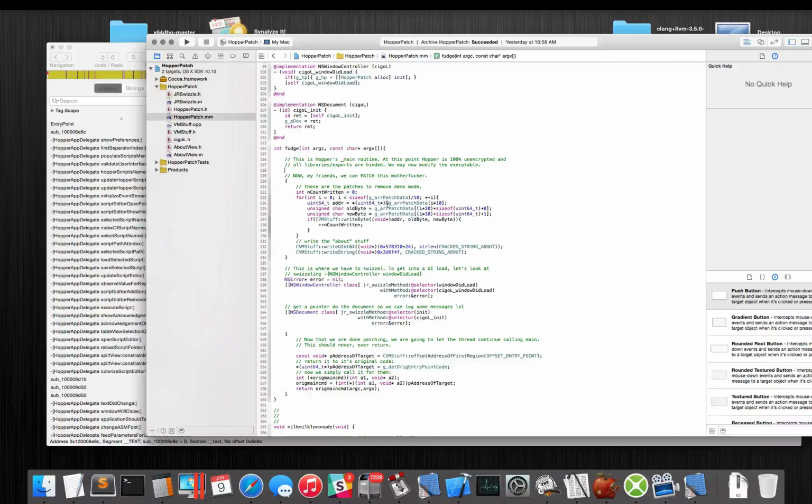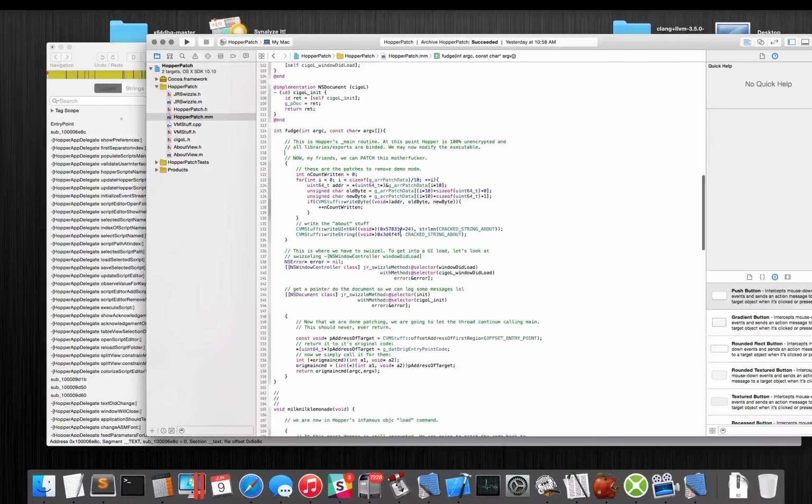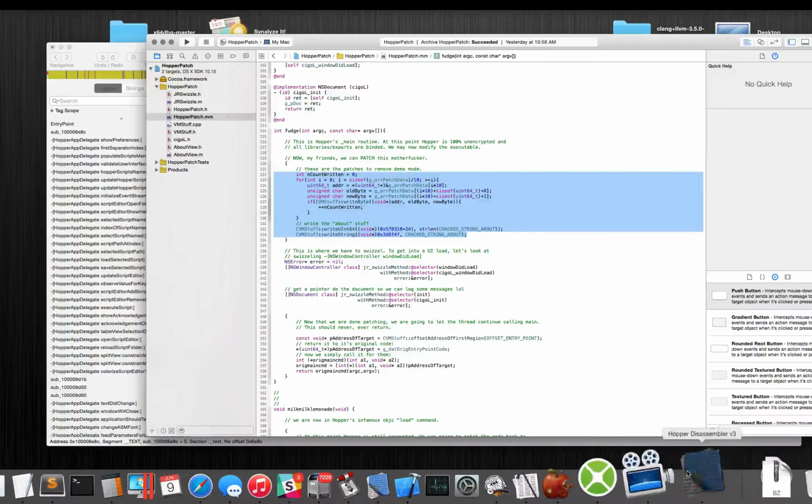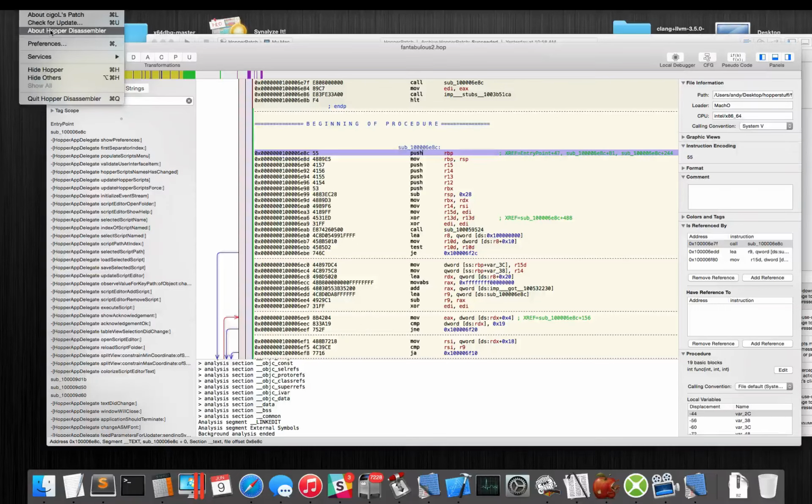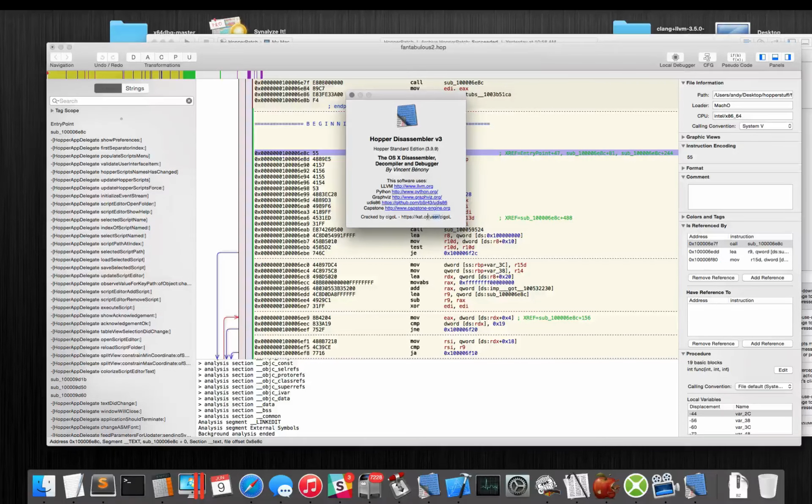So now this is the point where we are in main, where Hopper is finished being decrypted, Hopper's finished being bound, Hopper's finished being everything. We are 100% legitimate, and we are at a breakpoint at main. Okay? This is where we write our patch info. This is the patch for it. This basically makes it unregistered, or makes it so you don't have to register. This writes the cracked info in up here. If you go to Hopper, About, this writes this here,